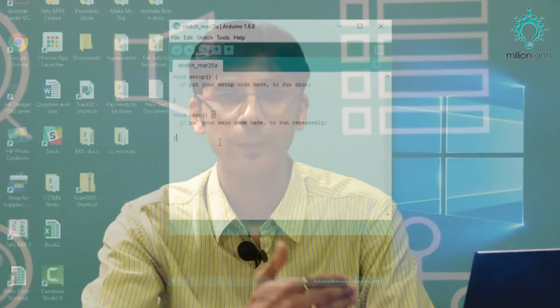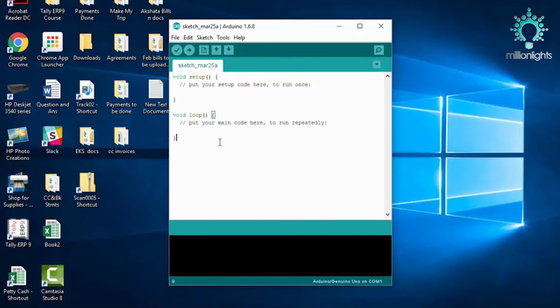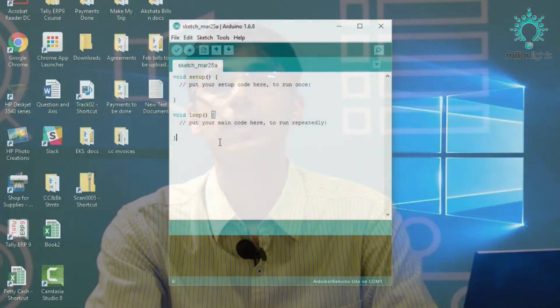So these are the instructions: continuously check for the input from the sensor, take a decision, and the motor should be turned on. After that, when the people have passed, close the door with the help of the motor. So these are the instructions that we have to give to the processor. But the thing is, the processor does not understand English. The instructions that I said, I cannot directly give to the processor. It understands only machine language, that is ones and zeros.